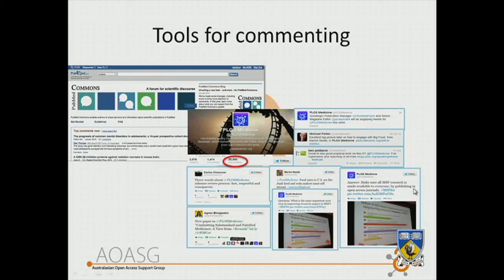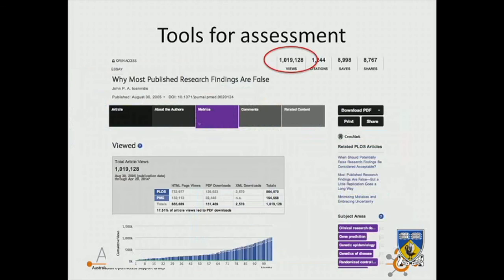Nowadays, you can write a letter. You can post it on PubMed Commons, which is a new tool that's been developed on top of PubMed, and it allows you to very easily comment. And I think it will change the post-publication dialogue. Same with things like Twitter. Now, I'm not going to spend a lot of time talking about social media, but I do think Twitter has been quite revolutionary in discussions post-publication, and we're just going to see more of it, whether we like it or not. And then I'm just going to touch very quickly on tools for assessment.